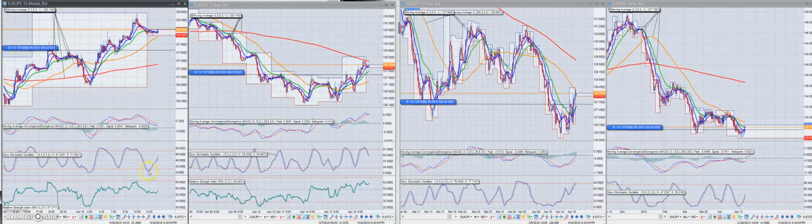Over here, stochastics came down all the way to the bottom of its range, and when you have stochastics at the bottom of its range on a lower time frame, top of its range on the higher time frame, both of those pressures are really going to get you just a nothing here. It would have been decent for a counter trend scalp if somebody wanted to get in there really